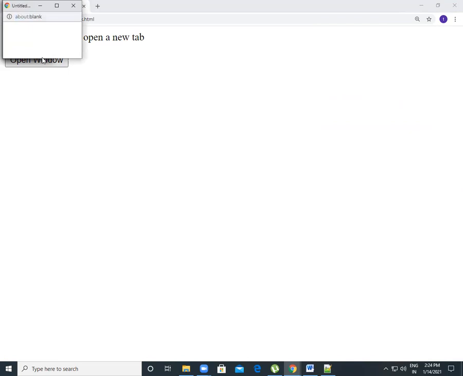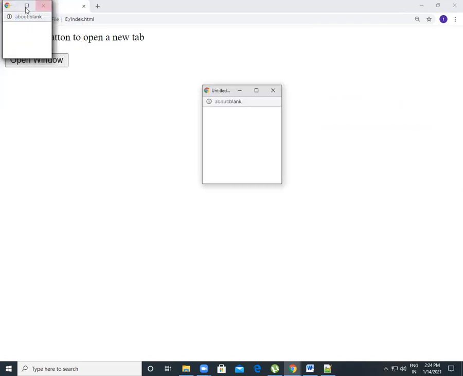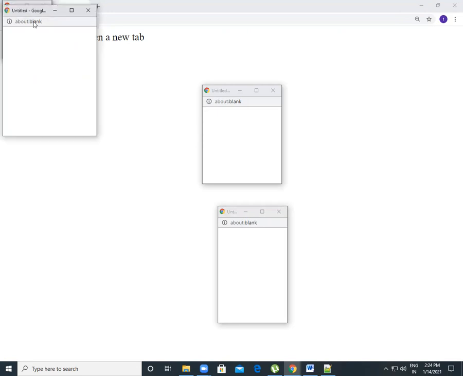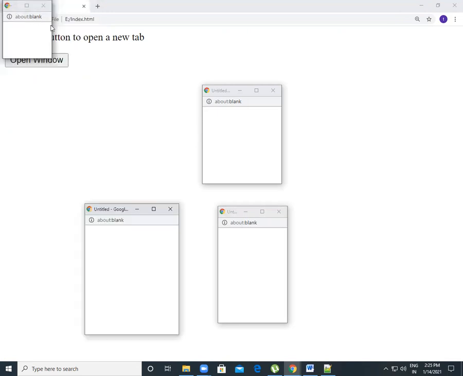You can see that. Let's move here. This is my second window. First, second, third. This is the fourth one.